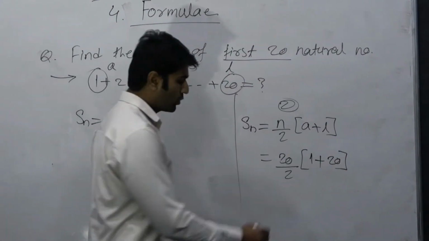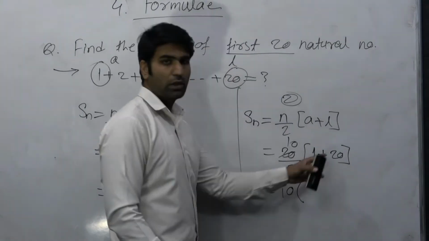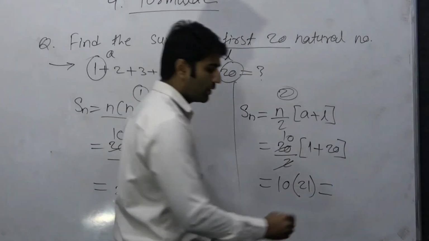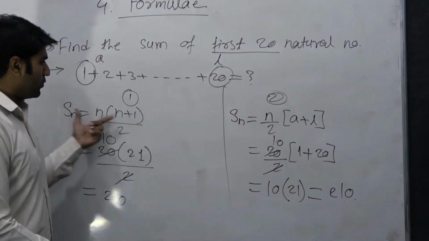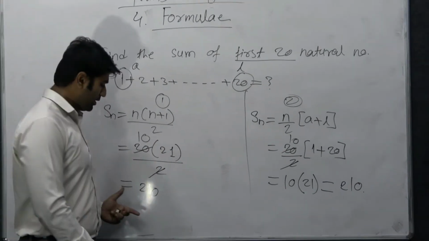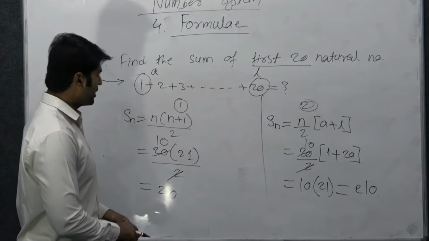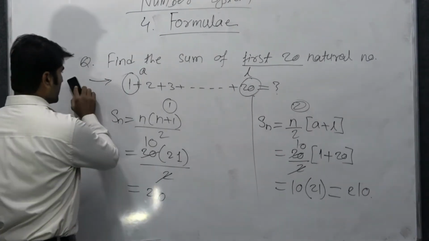So again 20 upon 2 means 10. So 10 into bracket 1 plus 20 means 21. So multiplication of 10 and 21 is 210. Okay. So we can use both the formulas and the answer is the same. Right. So let's take another example which doesn't start with 1. So the next question is,